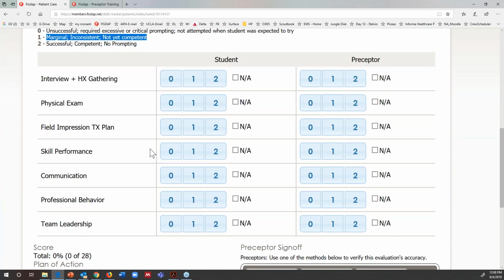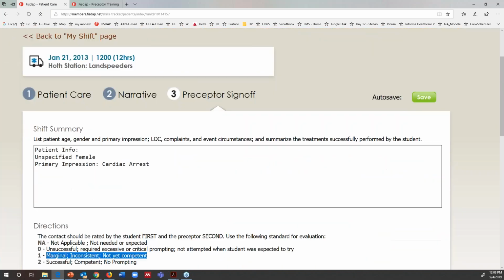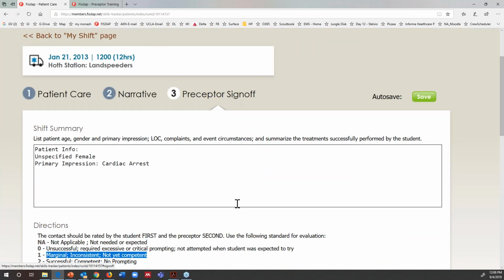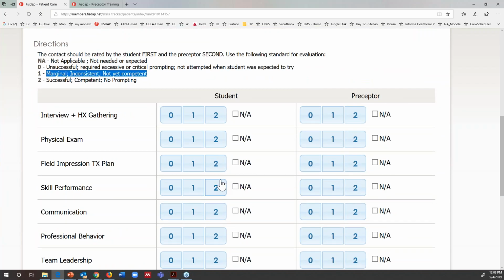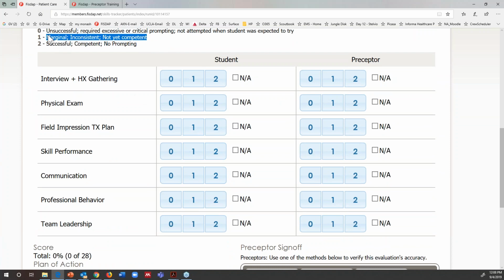So this is an example of a training, a very specific feature. You have to request that it be turned on for your program. And if it's turned on, you can orient your preceptors to how to think of unsuccessful, marginal, and successful. We did a video with the National Registry on the out-of-hospital scenario that has some of these ratings and discussions,